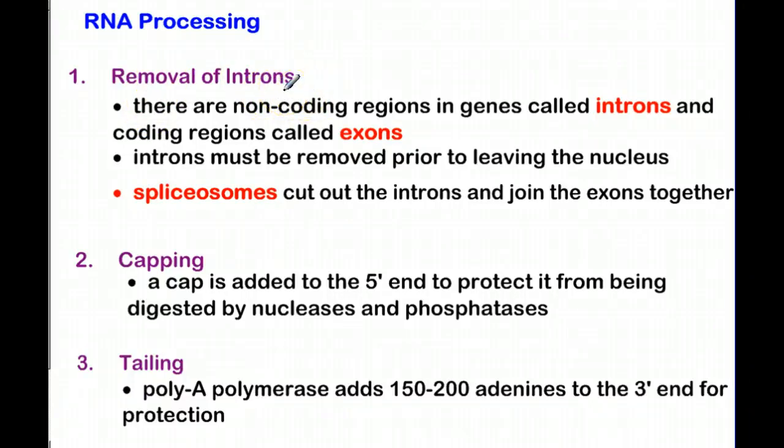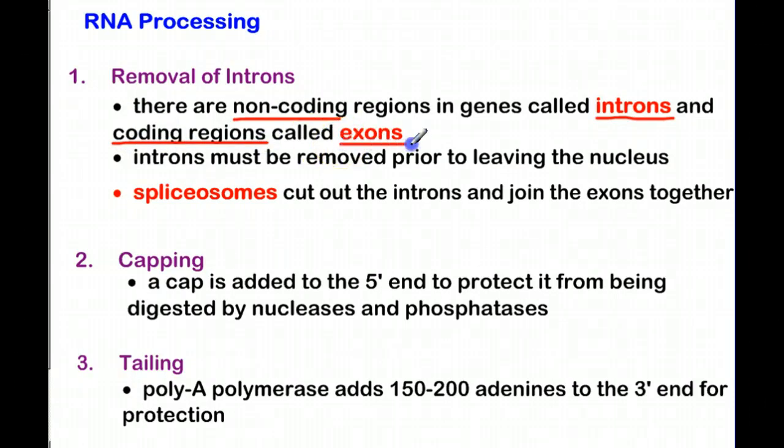So on a piece of DNA, we have regions that are non-coding, so they're made up of letters, but they don't code for a specific protein. The term for those non-coding regions is introns. They're just letters that are there. Now, areas of DNA in those genes that do code for specific proteins, because that's what we're doing with our DNA,